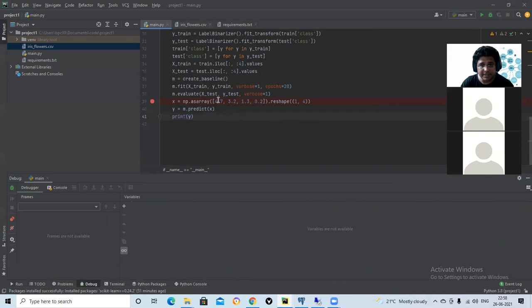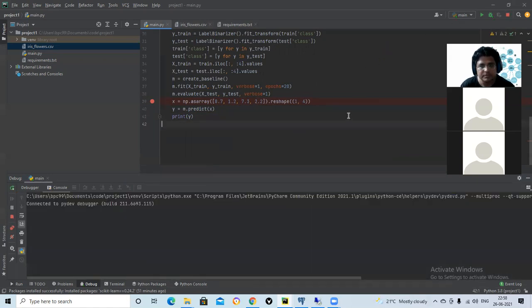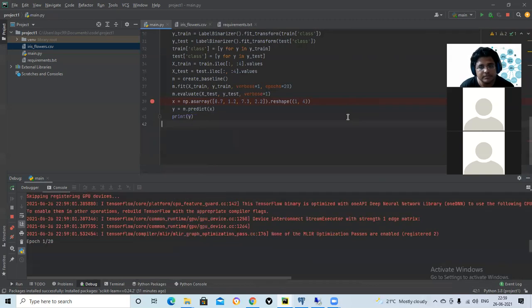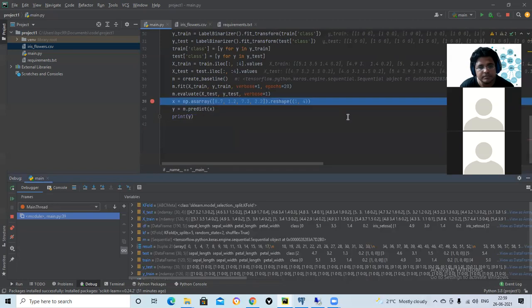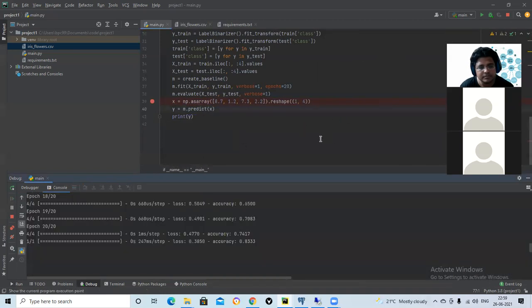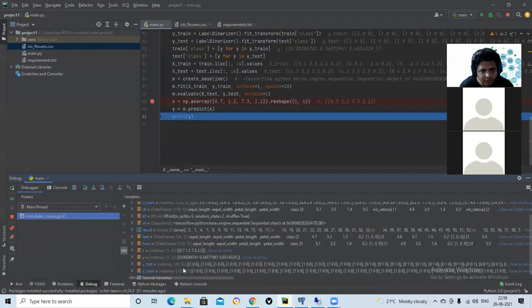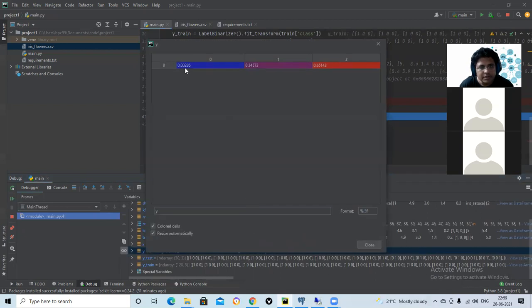Now I can randomly give a flower which I don't know. Let us see what this flower will be. So this is 0.2 percent, 34%, 65%.